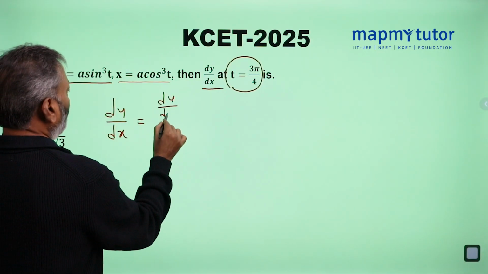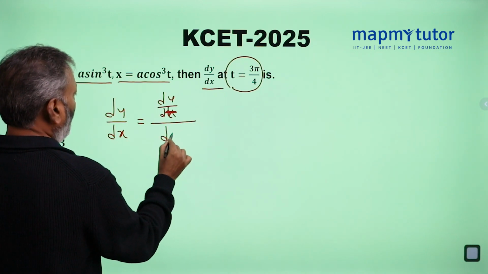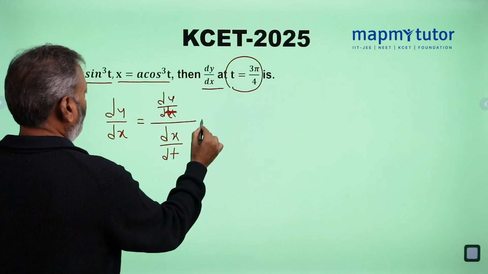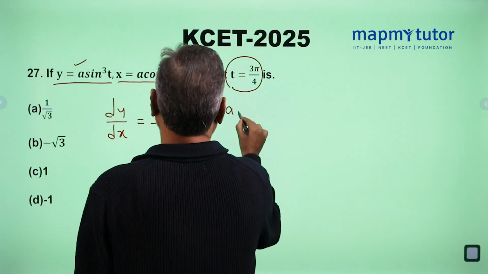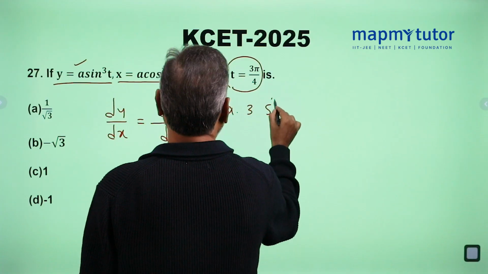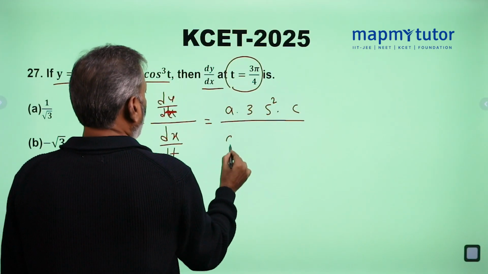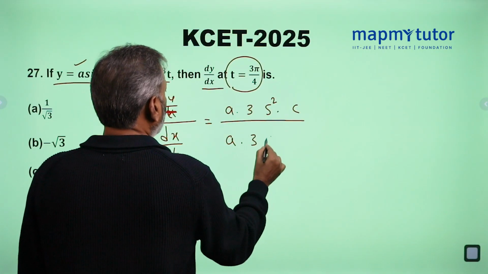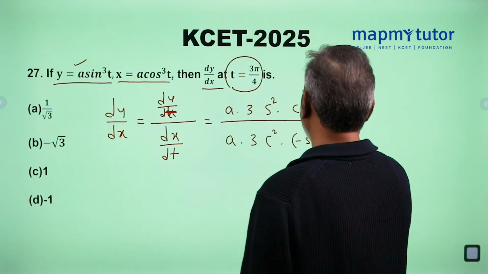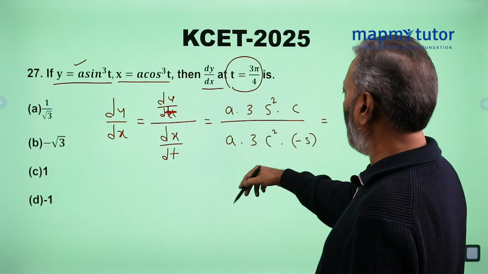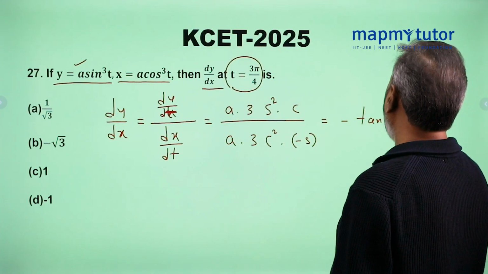And there is a formula. Everybody knows that. dy by dx is what? dy by dt by dx by dt. Come on, let us differentiate y with respect to t. A constant for sin cube t, derivative 3 sin square into cos. Okay? And dx by dt, again a constant as it is, 3 cos square into minus sine. This S stands for sine and C for cos. And if you cancel the common factors like 3, 1 sine, 1 cos, finally I'll get minus tan t,